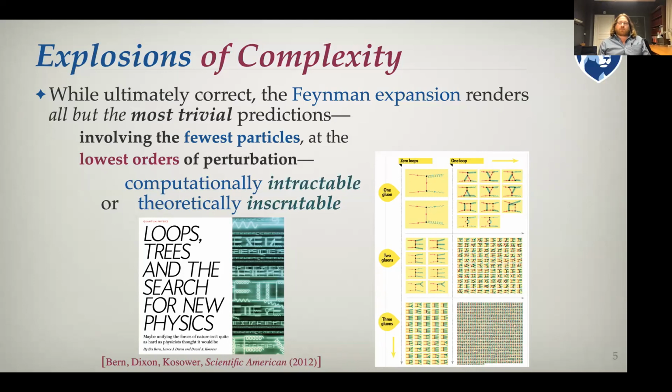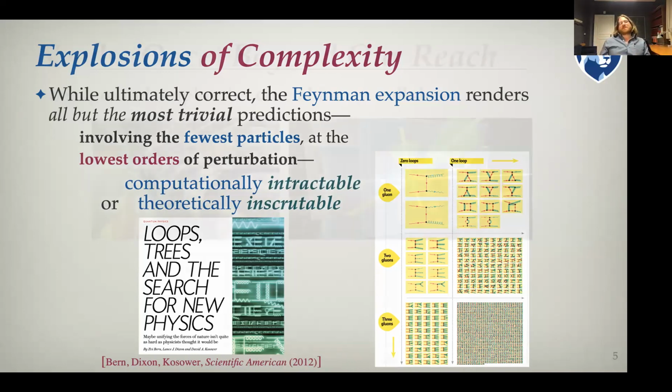But if you just throw anything at it and just sum the Feynman expansion, even if you can do that, it's completely and theoretically inscrutable. And so it's hard to make predictions, and it's very hard to see any kind of simplicity in it, which is a shame because scattering amplitudes are extremely important in many contexts, and particularly